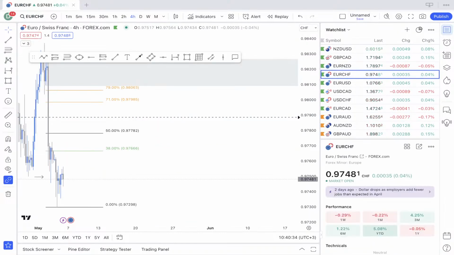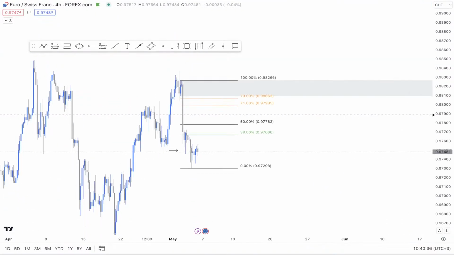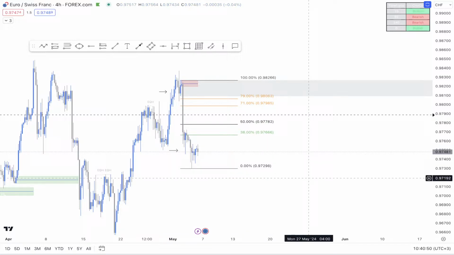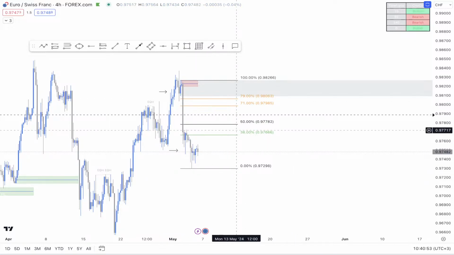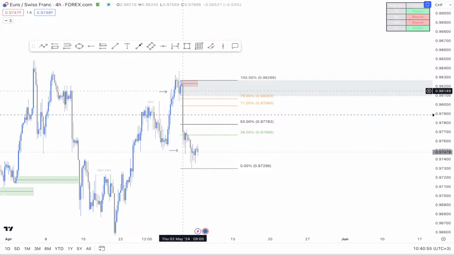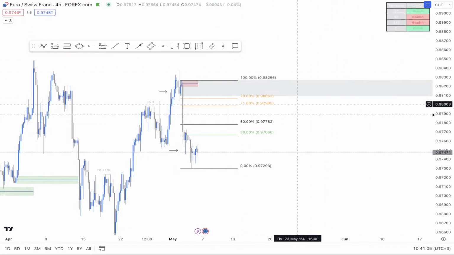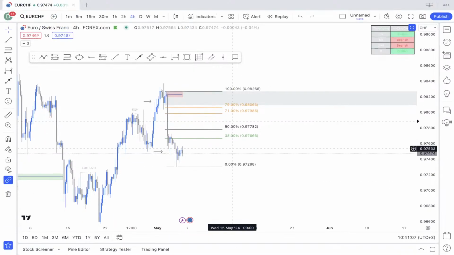Euro CHF coming up next with another bearish opportunity. Right here we have a bearish shift in momentum as well. We have a fake out to the upside, sweeping liquidity above this high. And after that, we broke structure to the downside very impulsively with this bearish leg that left imbalance behind. Okay. After the break, I was able to identify this unmitigated order block lining up with this bearish trader order block, and they are both lining up with the premium area of this bearish range. The 4-hour is bearish on the graph, and now the last thing that we need to wait for is, as always,